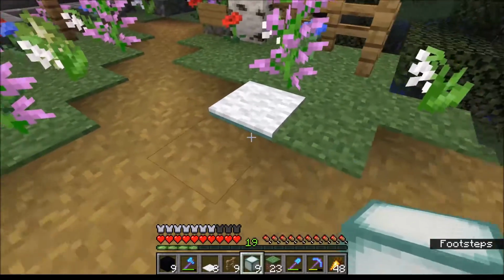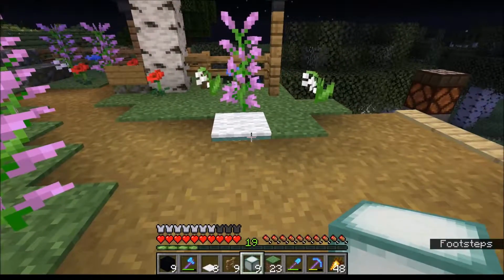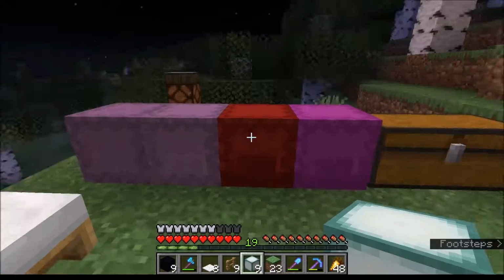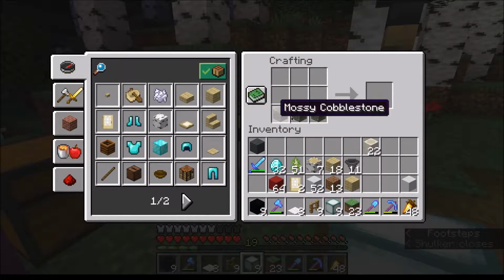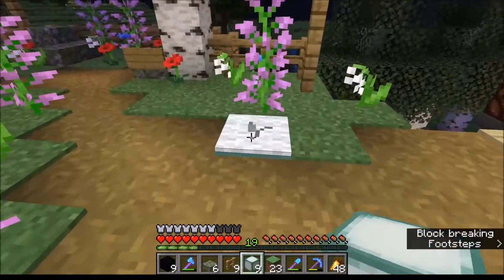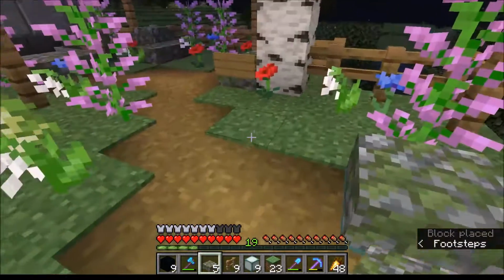Because I put a block here and it just doesn't work as well. Maybe I could put that, do I have any more mossy cobblestone? Yeah, let's go ahead and just make some rocks, and we can stick that on top of here, because I'm pretty sure that'll still work. Yeah, there we go, and now it just looks like a rock,